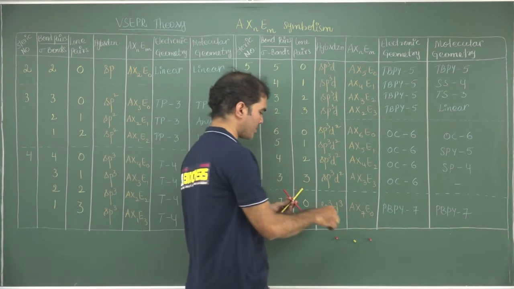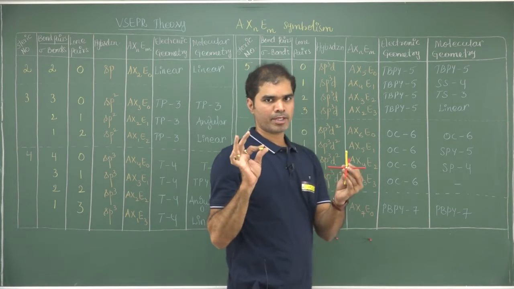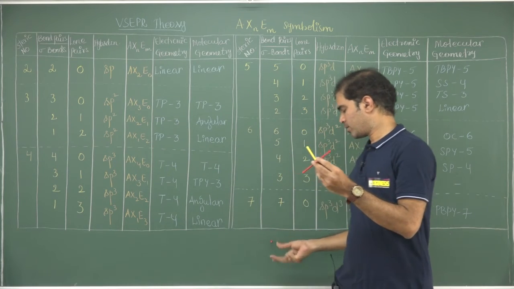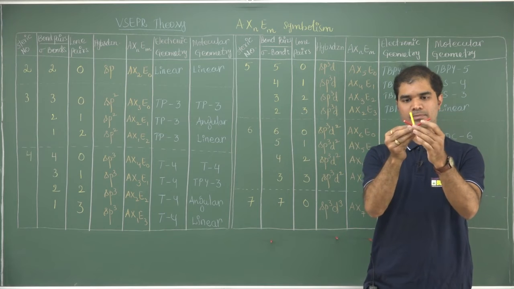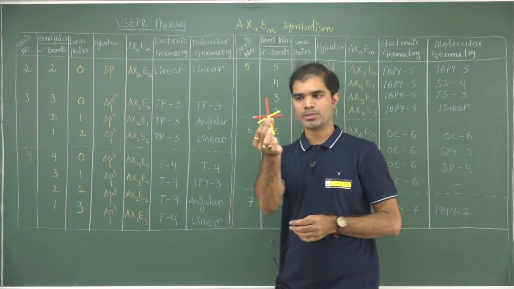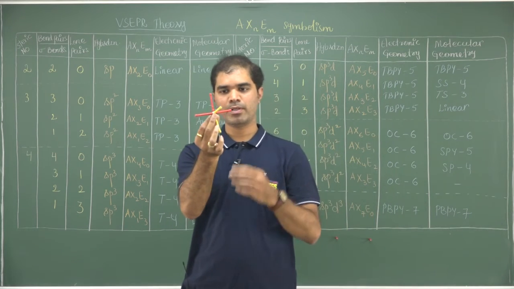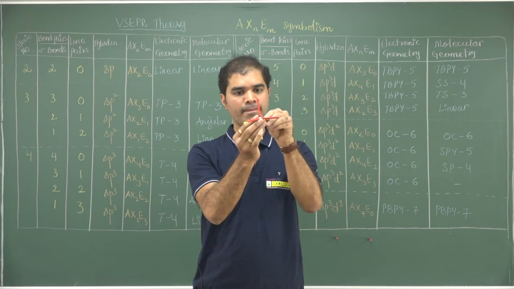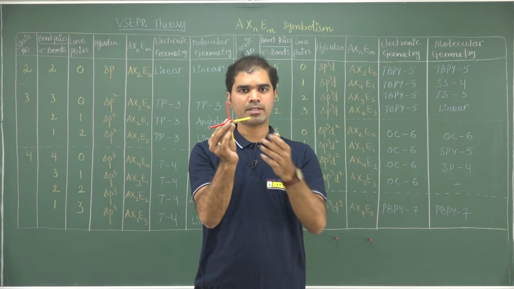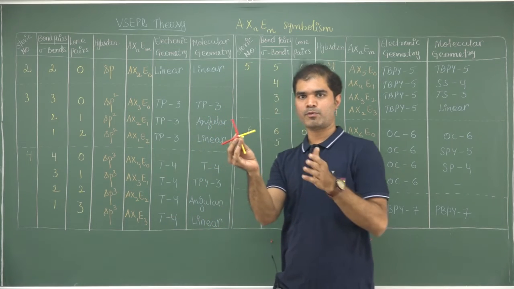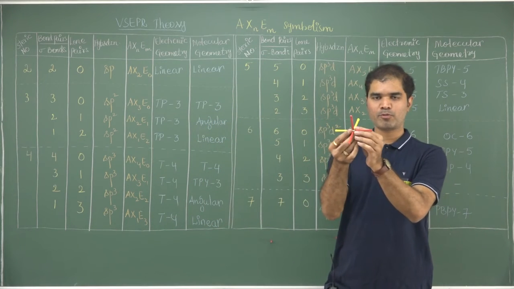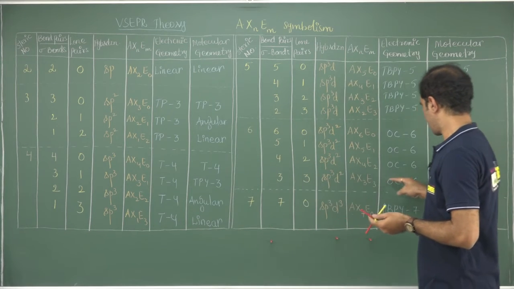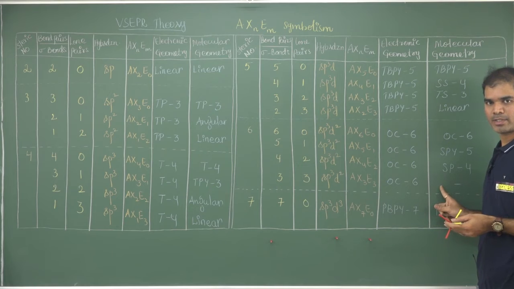Suppose that I choose a third lone pair. When I am choosing a third lone pair, it may come this way, or it could also be this one. It is just like meridional and facial, but such a type of molecule is not found, therefore we do not give any example for this. We do not define any geometry for this.